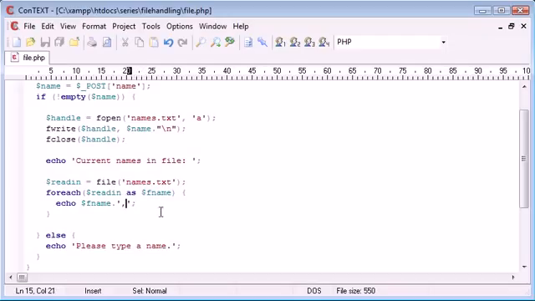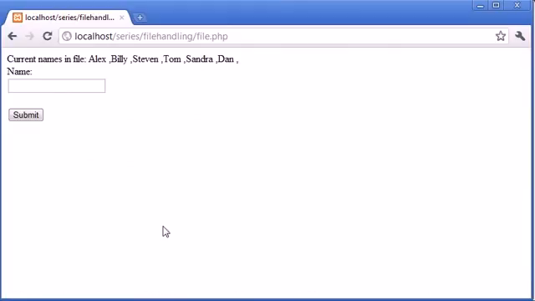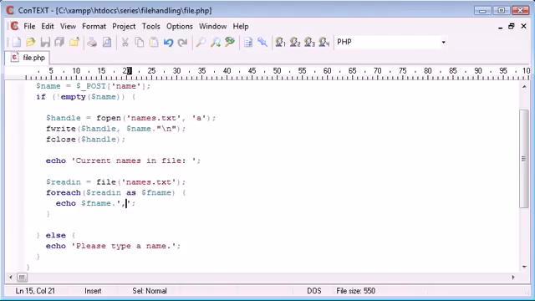We need to first of all see what's going on here. Alex has a space after it, as does Billy, as does every other name in the list, and we can use a function called trim to trim this down. This removes white space from the start and the end of our name, as well as any other special characters. So just by adding this function around the name as we echo it, we can see that it's actually